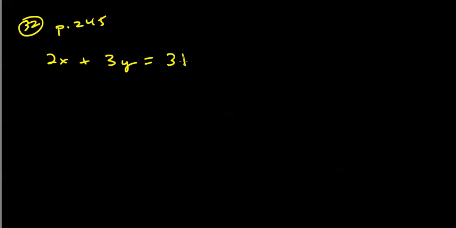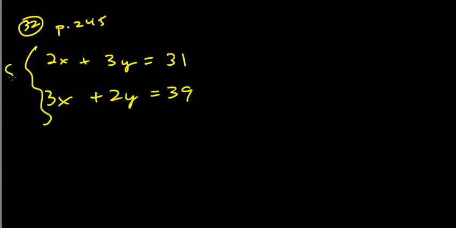Alright, one more item I want to talk about. I call these next types double surgery. Let me give an example that I'm talking about. This is number 32 in the homework list on page 245. Give me a minute to write this down. 2x plus 3y equals 31, and 3x plus 2y equals 39. If I am asked to solve this system,